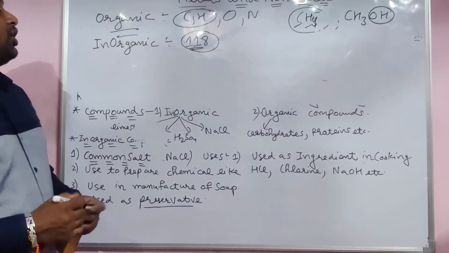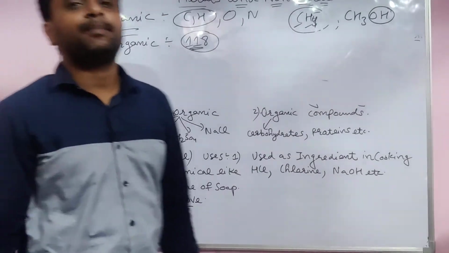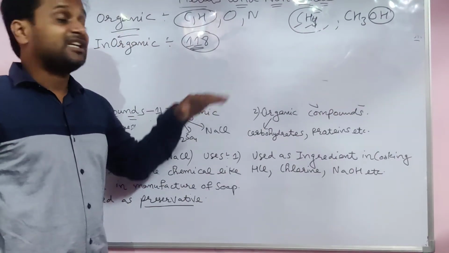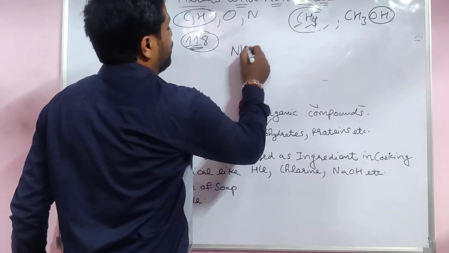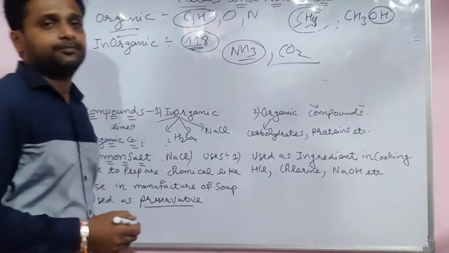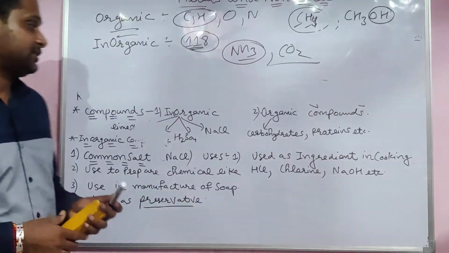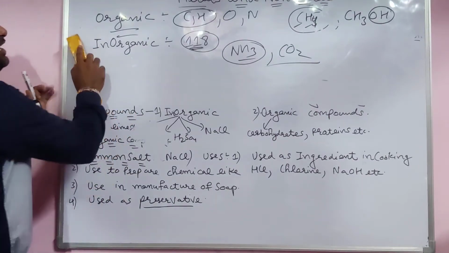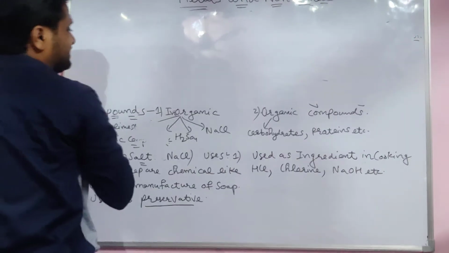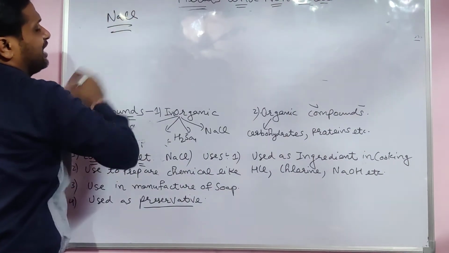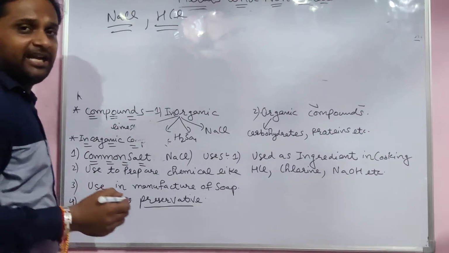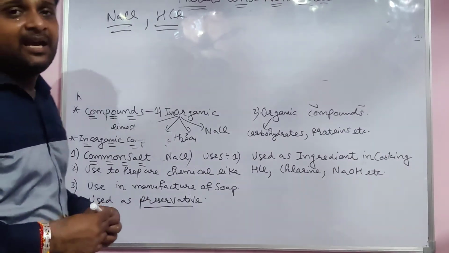Students, what is the organic definition? The compound made from carbon and hydrogen is called organic. Otherwise inorganic, with other elements, like ammonia, NH3: no carbon, inorganic. CO2: no hydrogen, inorganic. So we have to discuss inorganic compounds one by one. More examples of inorganic compounds: NaCl, sodium chloride, no carbon or hydrogen. HCl, no carbon, that is also inorganic.